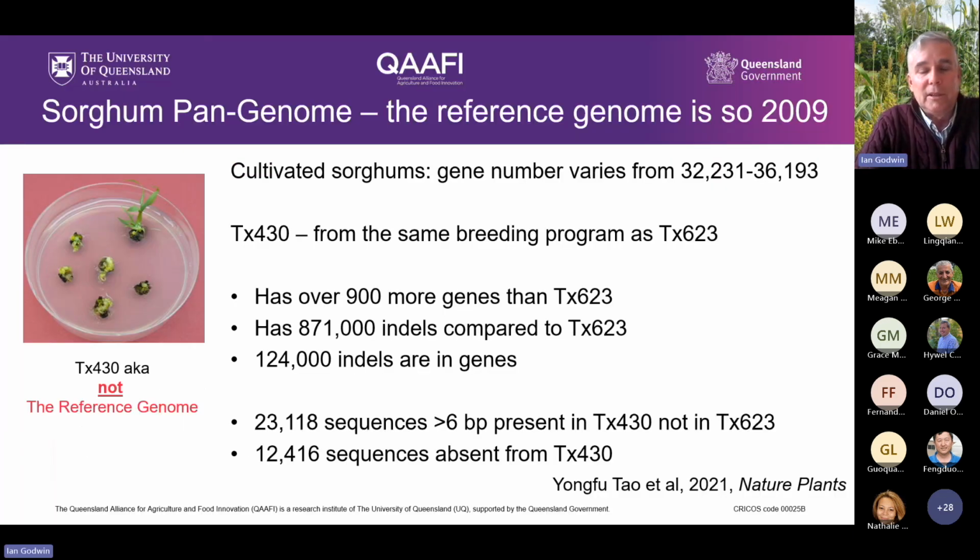To be able to do some of these things, we needed to have not just a sorghum genome, but a sorghum pan genome. Anyone who's used the basic reference genome of sorghum, that reference genome is a thing called BTX623. And it was a widely used sorghum hybrid pairing in the United States and other parts of the world as well. So that was why that was actually selected to be the reference genome. We now know if you wanted to make the worst choice to make a reference genome, you would start with BTX623. And the reason for that is it's got less genes than every other sorghum,